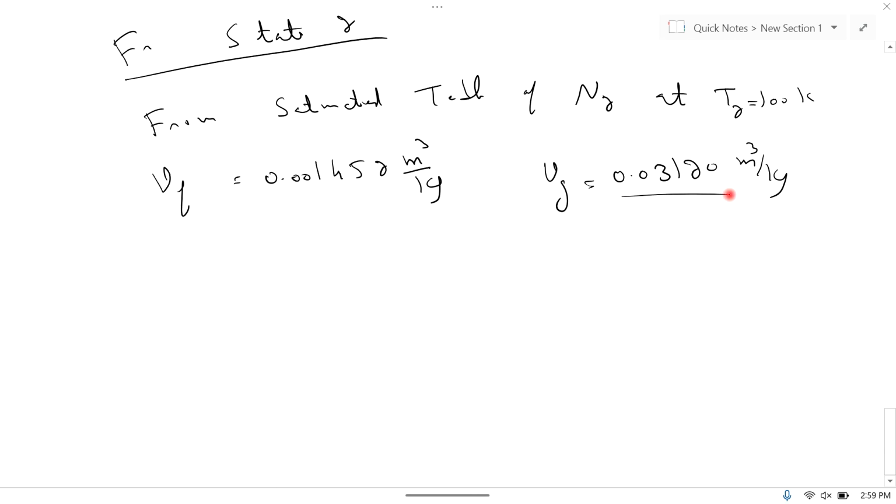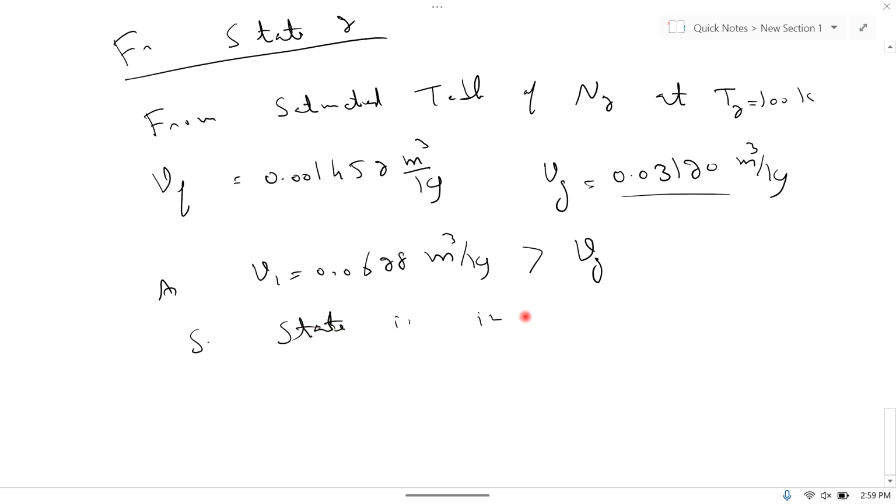So 0.0628 is greater than Vg, as V1 is equal to 0.0628 meter cube per kg is greater than Vg. So state 1 is in superheated region,